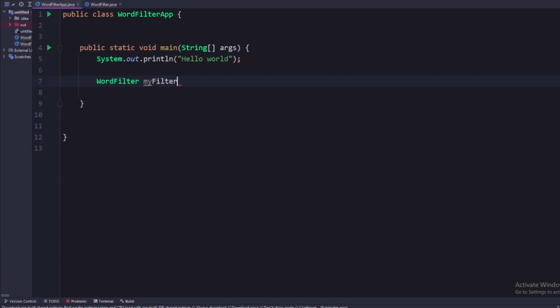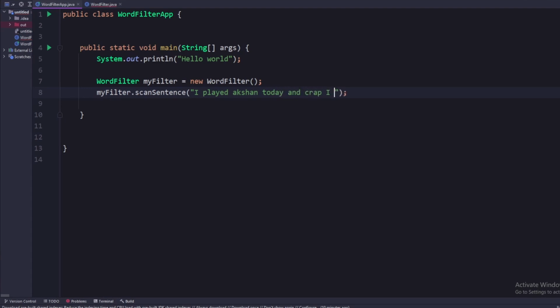My filter equals new word filter, and then try to call my scan sentence method, which I will do. I will pass in something like: I played action today and I grab on enemies, like that. So this sentence will contain this word, grab,